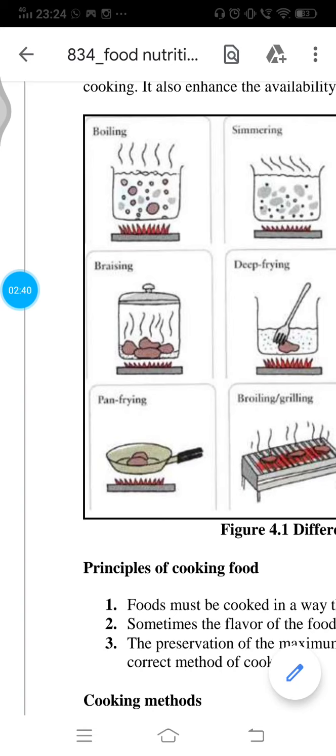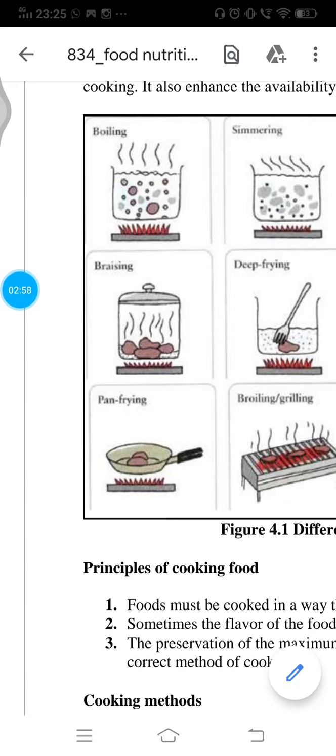Then the next step is to cook it in a little water or a small amount of water. Like certain vegetables which are fried in a little amount of oil, then cooked inside a little moisture. So that is a kind of braising.